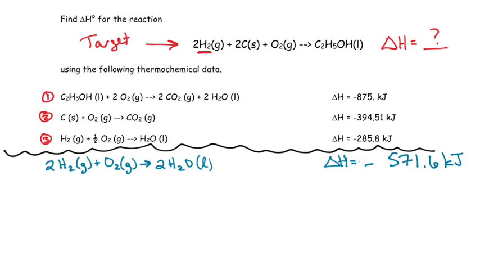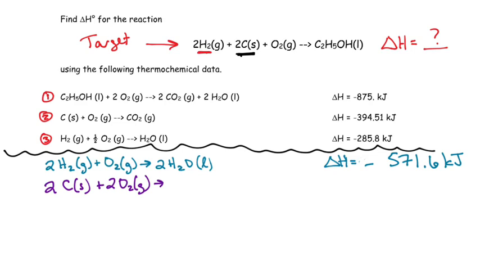All right, doubled the reaction, doubled the delta H. I should have left the sign alone because I didn't flip anything around. Next thing we've got to look for is 2 carbons. So now I'm going to look on my menu for carbon. Which equation involves carbon? Reaction number 2, huh? And I need 2 of them, so I've got to order 2 of them off of here. So I'm going to take that reaction number 2, and I'm going to double it as well. 2 carbons plus now 2 oxygens